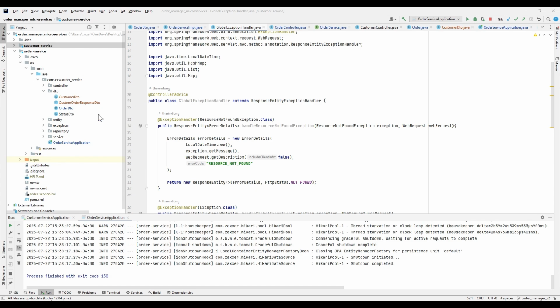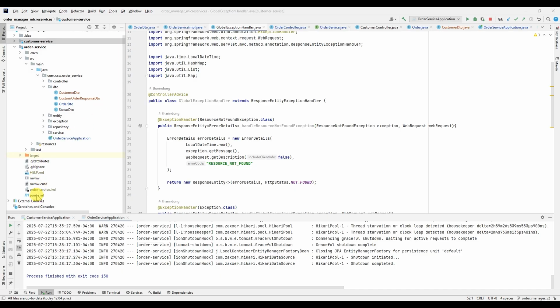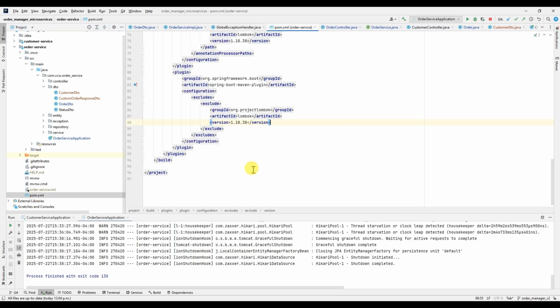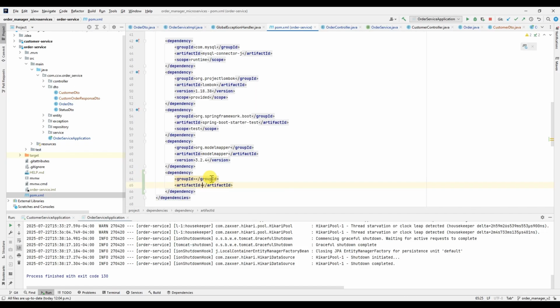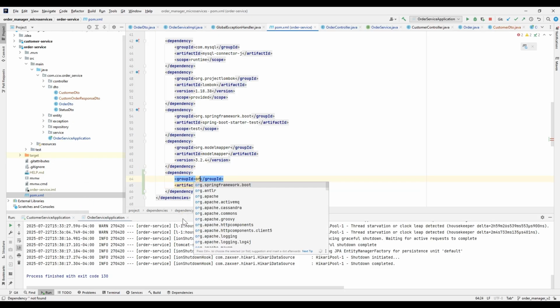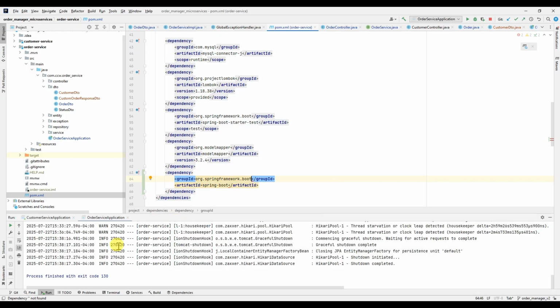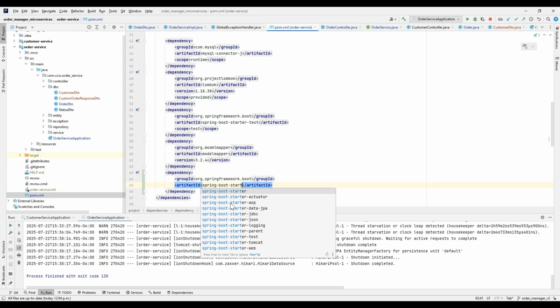WebClient, first we need to add a dependency. So the dependency we need to add to our pom.xml is webflux dependency. So I'm going to add that dependency into the pom.xml. So the group ID is org.springframework.boot and the artifact ID is Spring Boot starter